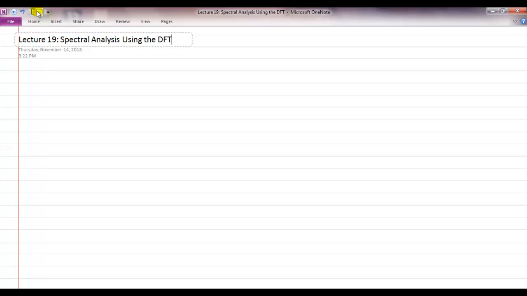What discrete Fourier transform also helps us do is that it helps us find out what kind of frequencies exist in continuous time signals, or what is known as spectral analysis. And why is spectral analysis interesting? For example, let's say you're trying to